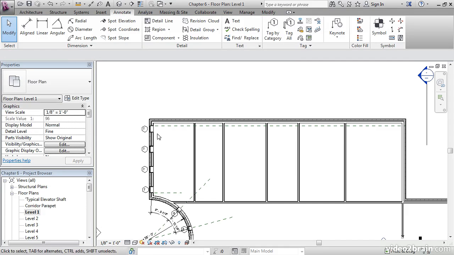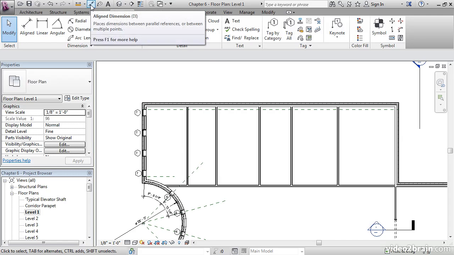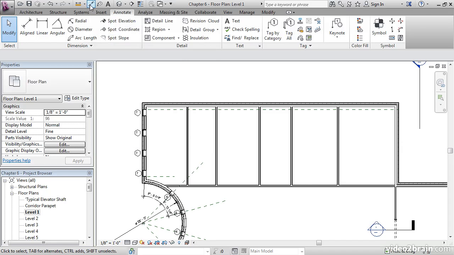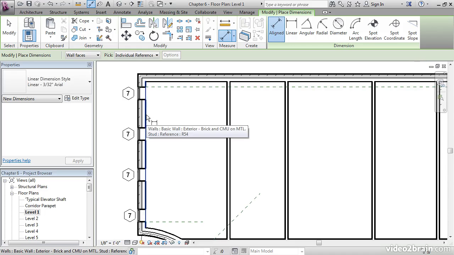The next step is to create a string of dimensions going all the way across here, and then to make these walls equally laid out. To do that, we're going to click the Align Dimension on the Annotate tab, or you can click the Align Dimension up on the Quick Access toolbar. So I'm going to click Align Dimension, I'm going to come in here,